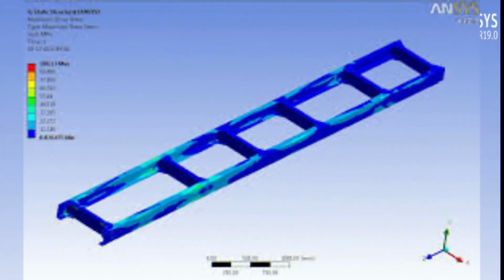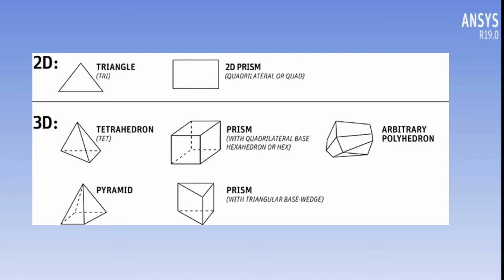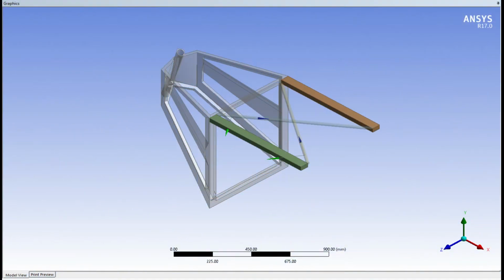The linear elements include the line body elements, the two-dimensional elements include triangular elements and 2D prism elements, and the 3D elements include pyramid and prism. These elements have endpoints which are referred to as nodes or vertices.